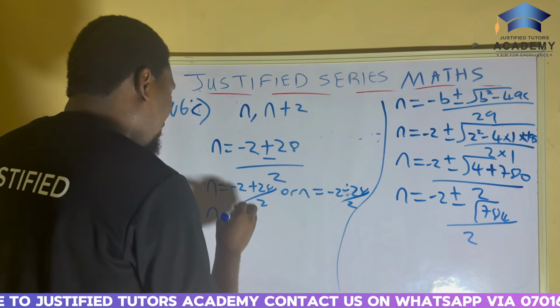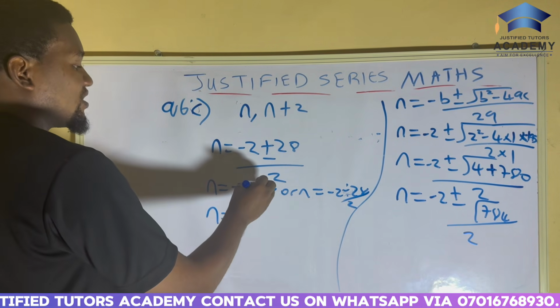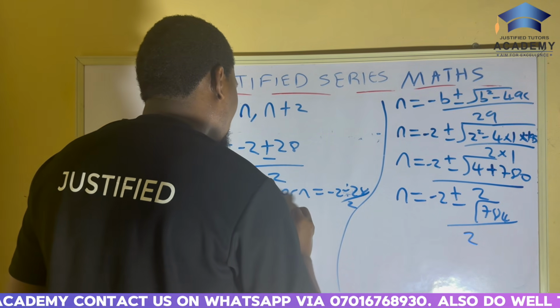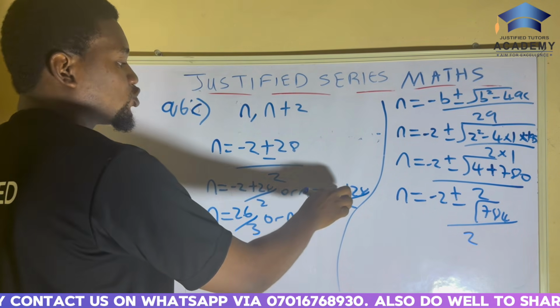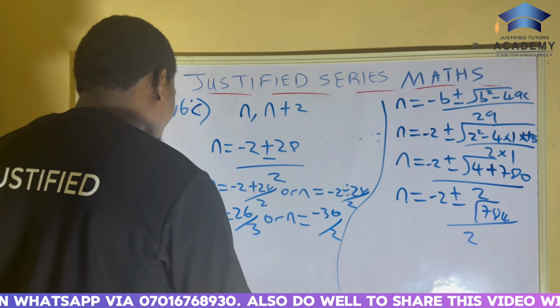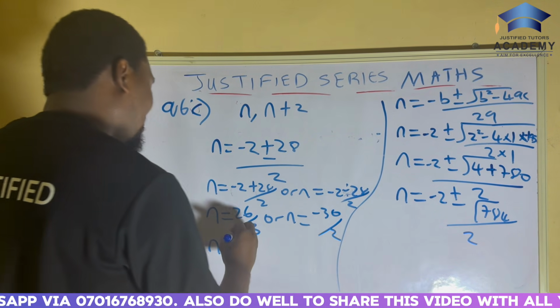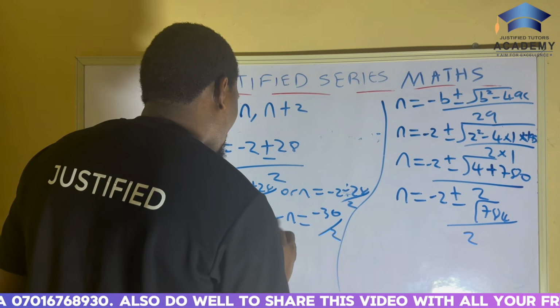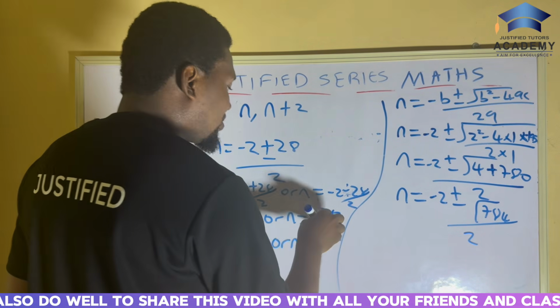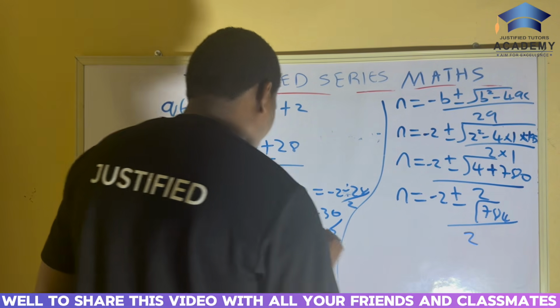Now, minus 2 plus 28 gives us 26. So here we have 26 over 2, or n is equal to minus 2 minus 28, which is minus 30 over 2. So n will be equal to 26 over 2, or n is equal to minus 30 over 2, which is going to give us minus 15. But wait,